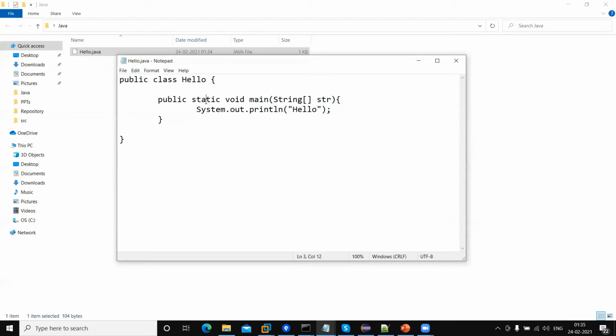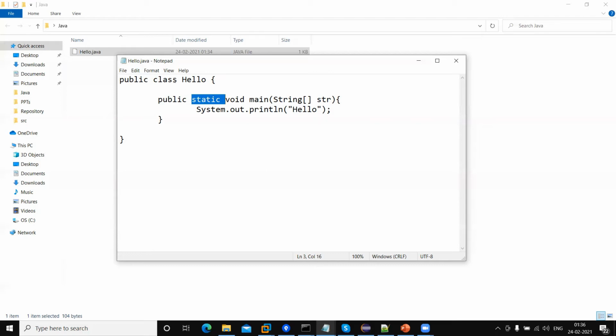Next, static means if you are creating any method that is static, it means that it can be accessed without using a class object. Okay, all those details we will discuss in coming videos, but here we are defining the static keyword so that the JVM can run this program, because our main method is an entry point where we can start the execution, and this method is executed by the JVM.